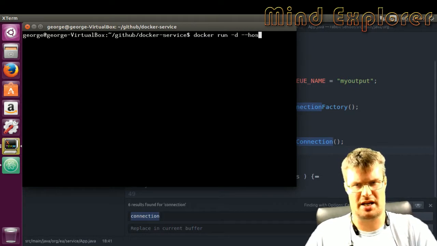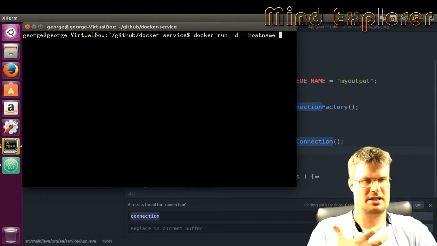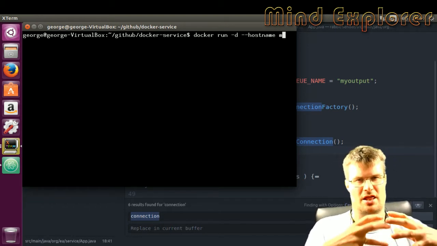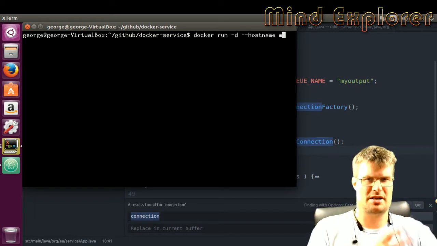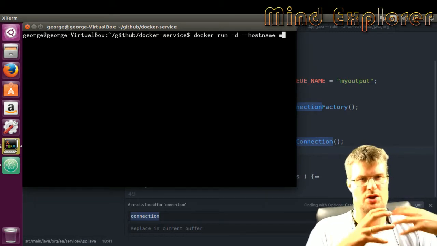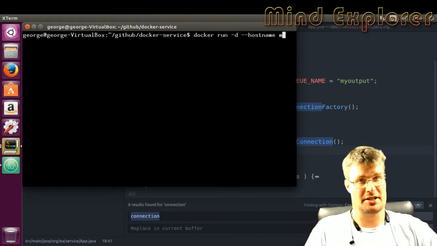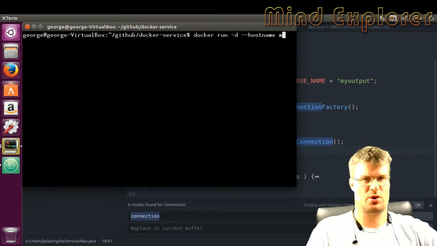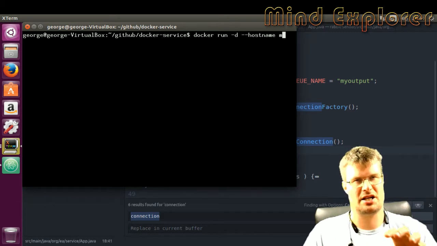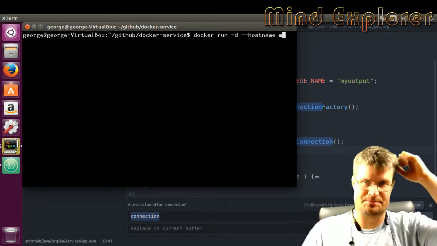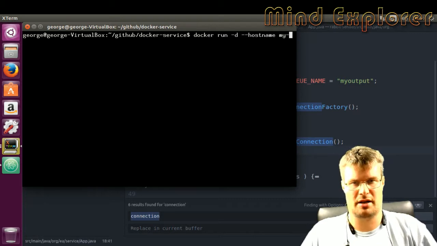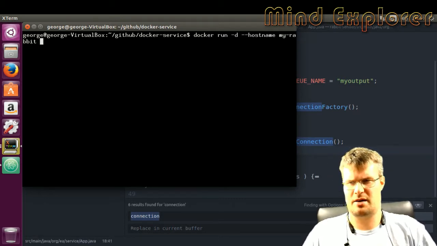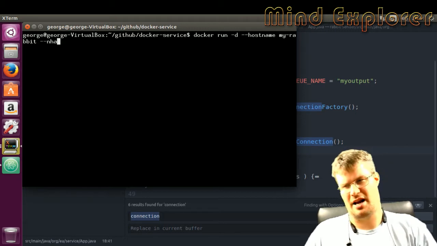We'll set the host name, and it is important that you actually set a host name, because that's the path that RabbitMQ will use to store your data under. So if you have a RabbitMQ with a specific host name, it will store your data under that directory in your Docker image. So we started with my-rabbit as a name,